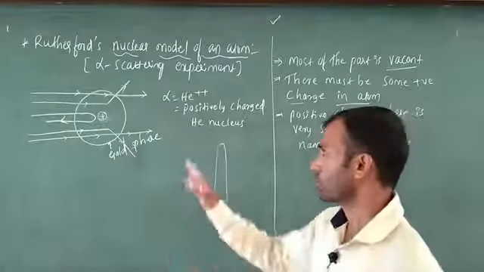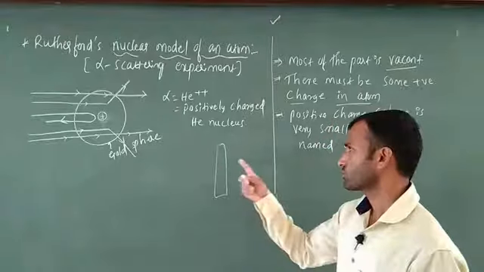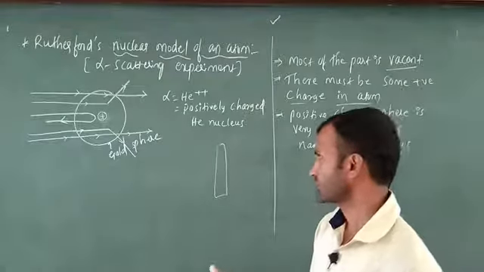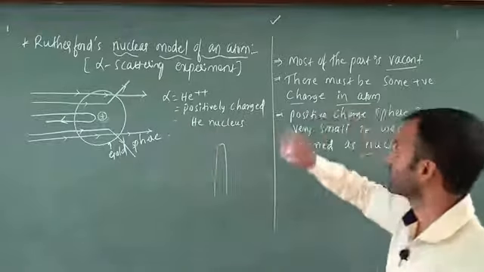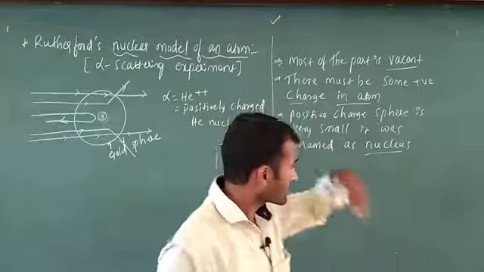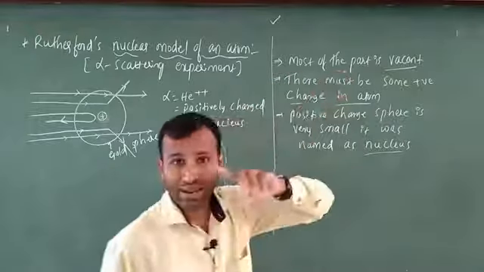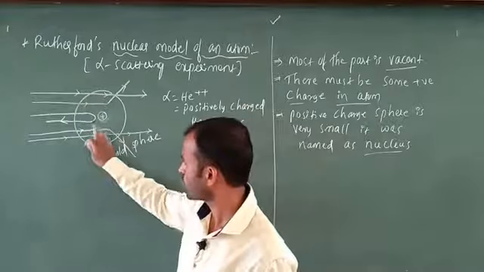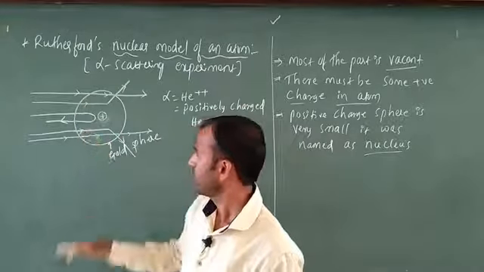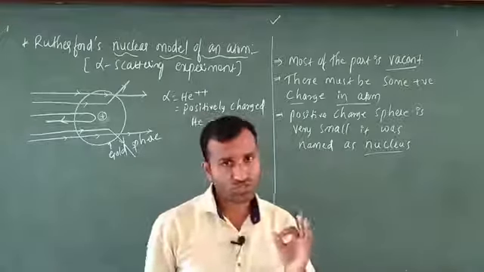This is the important Rutherford model. Bear in mind, they are going to ask you to explain such kinds of questions, but you know this concept very well. Now some points in this case. Most of the part is vacant. Here is also vacant, here is also vacant. That's why most of the part is vacant. At the center only the positive charge is present.